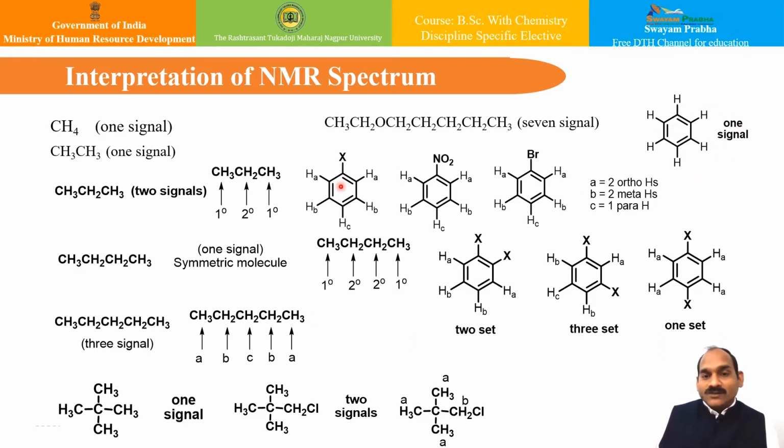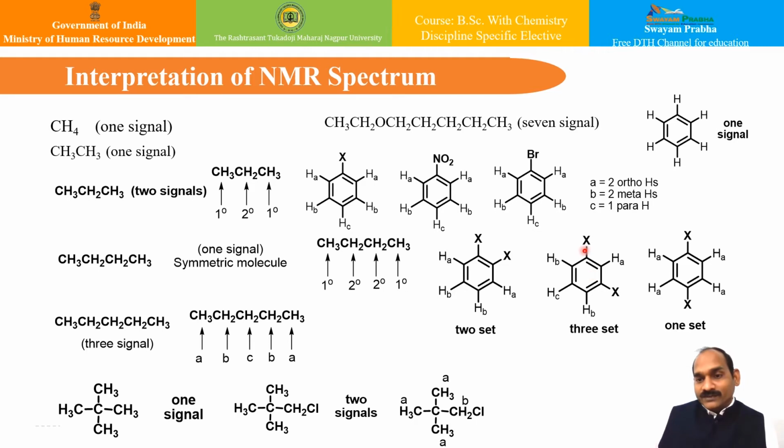If you look at the case of monosubstituted benzene, you can have different environments, like one kind and second kind, and this is third kind. So there will be 3 peaks. So A kind, which are the two ortho hydrogens or protons, B kind, 2 meta positions, and C kind, 1 para position. So you can have these peaks based on their position. So as the environment changes, the peaks are going to change. In this case, if you see, disubstituted benzene will have two states of proton, like one kind and the other kind of protons.